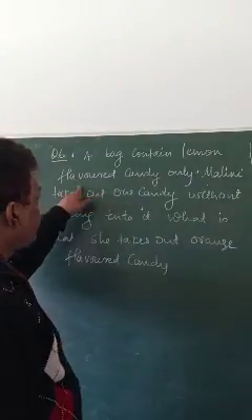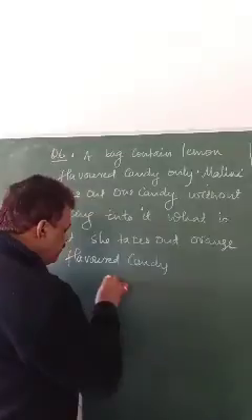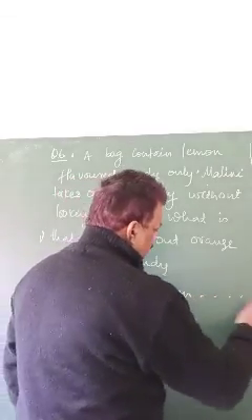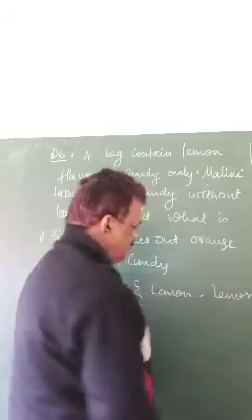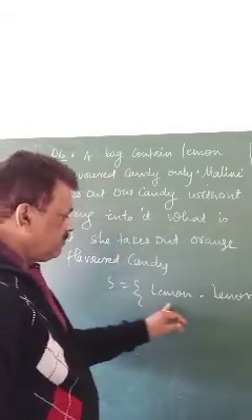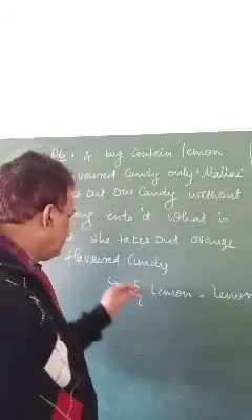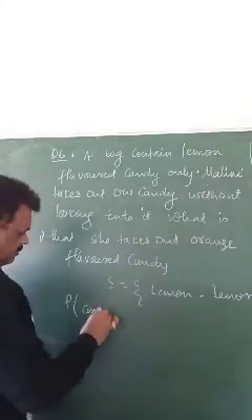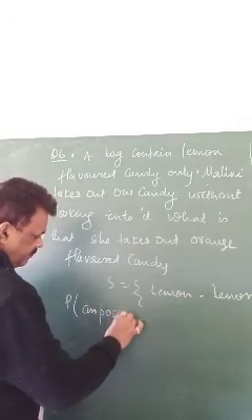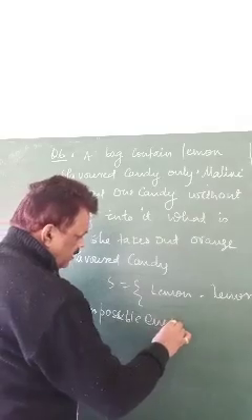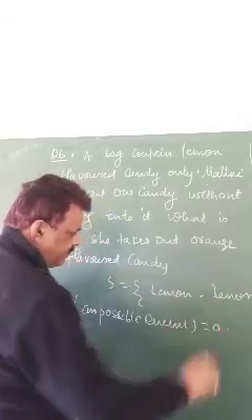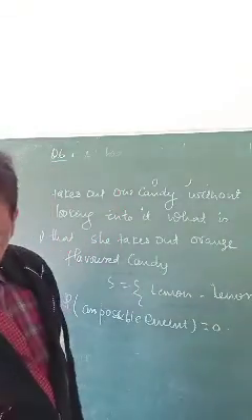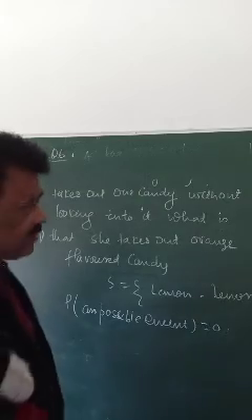From the lemon candies, means there is a sample space, everything is lemon, all lemon candies. So from lemon, the lemon will come out, na? Orange will not come. That means this is an impossible event. So this is the probability of an impossible event. What is the probability of an impossible event? It is 0. Second part of the question is a lemon flavored candy.